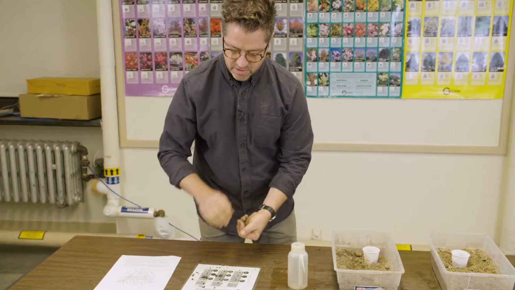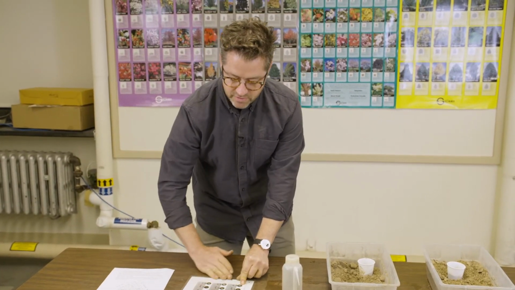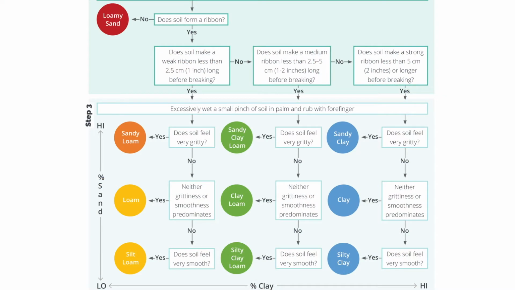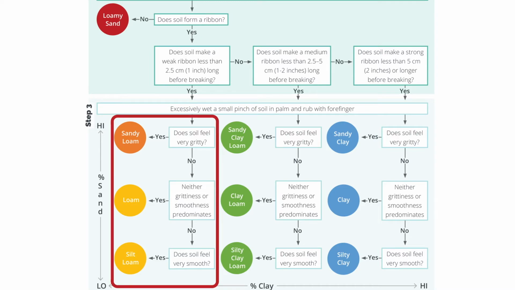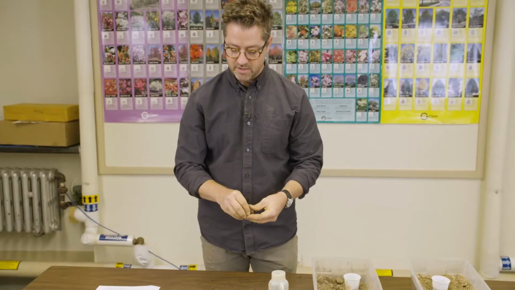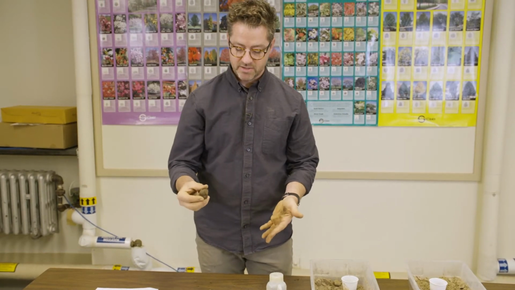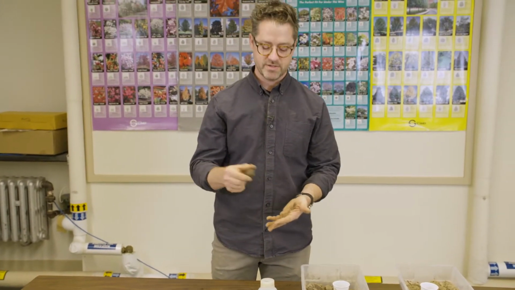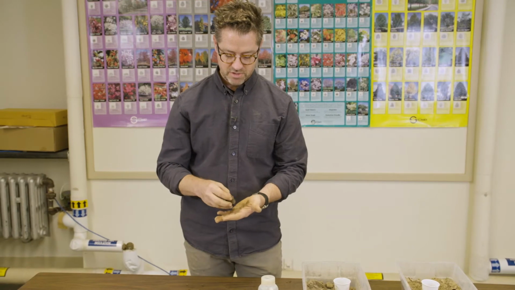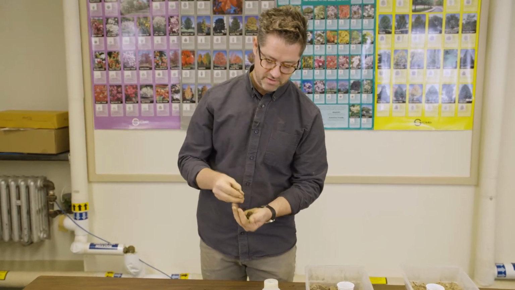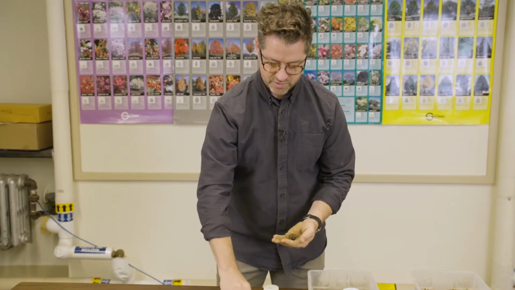Okay, so now following through our flowchart here, I'm reading, yes, we have a ball, and for the ribbon formation, we had an inch or less, so we're in the loam category. All right, the next part of the test is to estimate the percentage of grit or sand in the sample. So I'm going to take a little bit of it and put the rest aside,